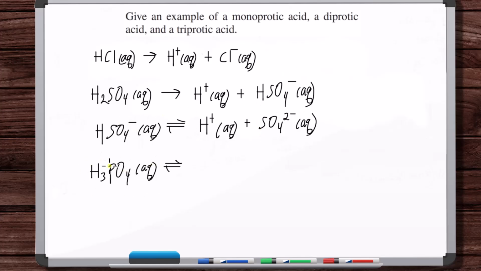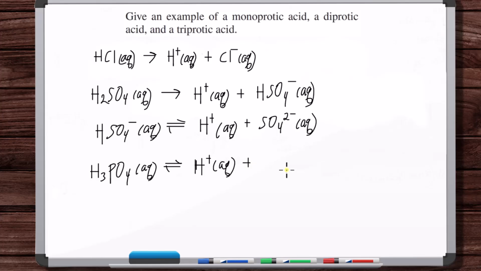With phosphoric acid, the initial acid is weak, but as far as the definition of monoprotic, diprotic, or triprotic, whether the initial acid is weak or strong doesn't matter. It's just saying that, okay, this initially is going to break up